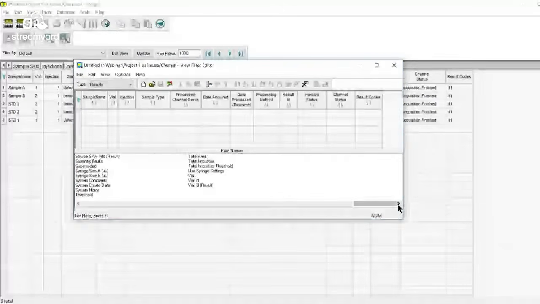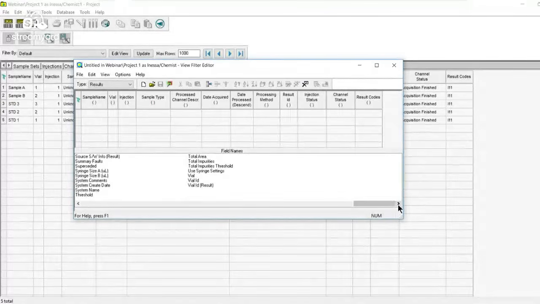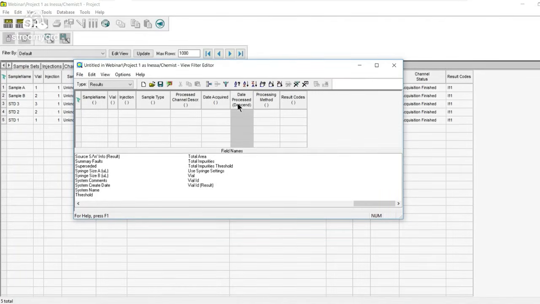And it's not about adding new parameters, new fields. It's also about taking out the ones that you're not looking at, that are not relevant for you, because many of them just overwhelm your view, and I think you don't need it. Like injection status and channel status. Maybe you need it, maybe not. Just remove them if you don't need them. I also never look at result ID, so I delete it. Data acquired and process are maybe also not relevant for my data review. So it's not critical information I'm checking, but I will definitely put there